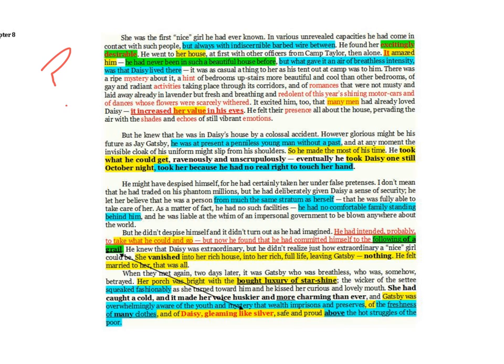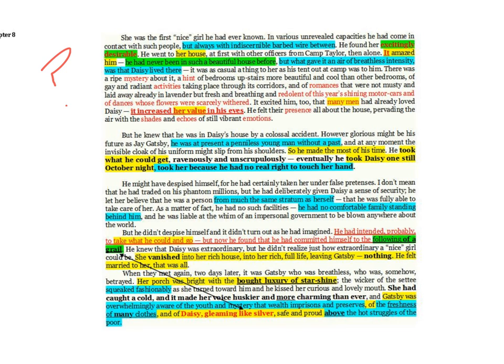In between that, we have a sense of defiance and determination. Because of his lowly social status, he was at present a penniless young man without a past. He took her because he had no real right to touch her hand. I guess it's the equivalent to those people who, if they go to Buckingham Palace, I think the Beatles once famously stole an ashtray from Buckingham Palace because they were four young working class lads from Liverpool and they were in the Queen's house. So right, I'm going to take something. This is not my usual social circle that I operate or mix in, so I'm going to steal something.